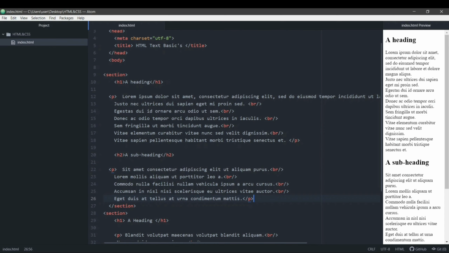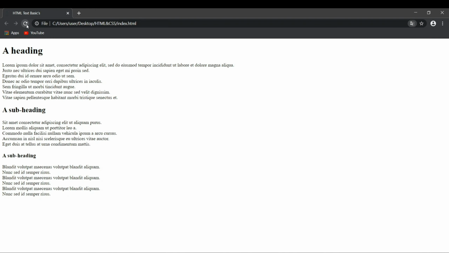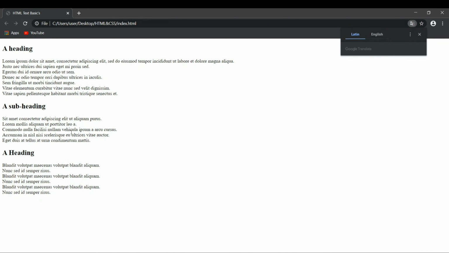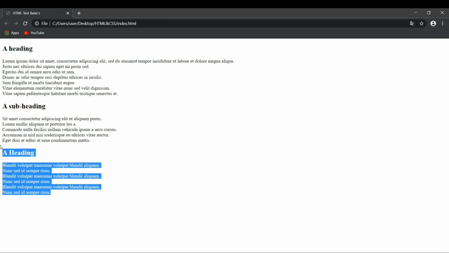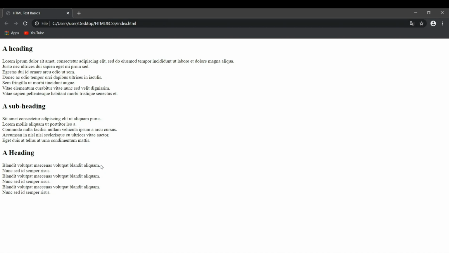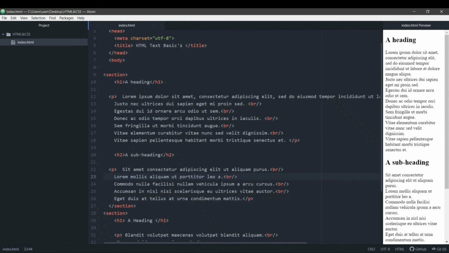Now let's open it up in the browser. You can see that now this one section has been created and this section is a different section. A browser recognizes that. What more sections do, we'll see in later videos. Now the next tag that we're going to use is the article tag.